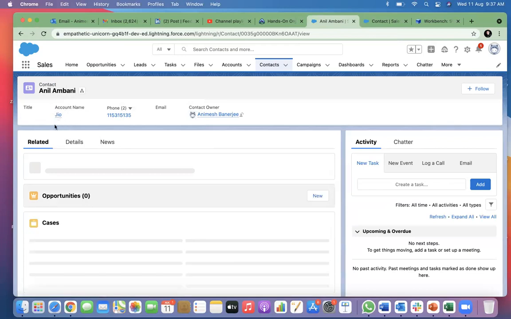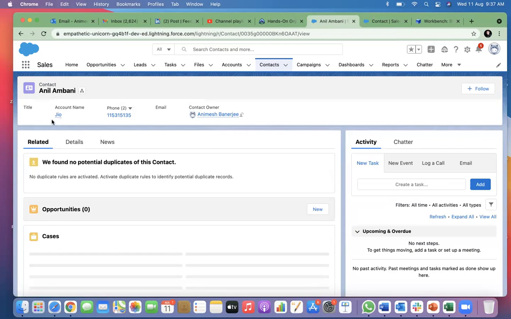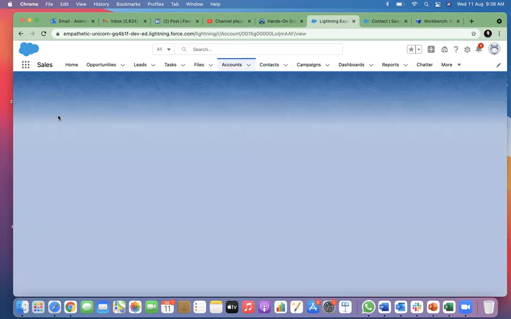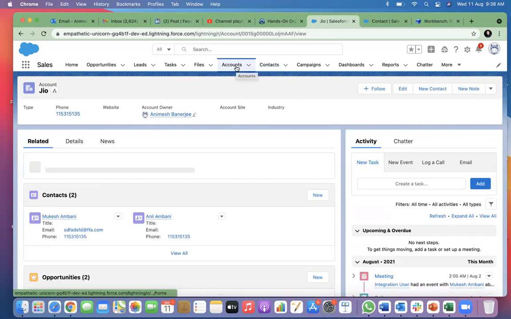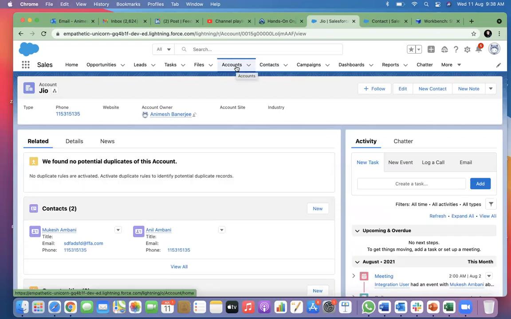So on screen, that 18 character ID changes to the name of which field? The primary table's name. So what is the primary table? The primary table is account, right? So that account name will now show up and it will become a hyperlink. You can click it and jump into that. That is the Salesforce way, because 18 characters is unusable, right?